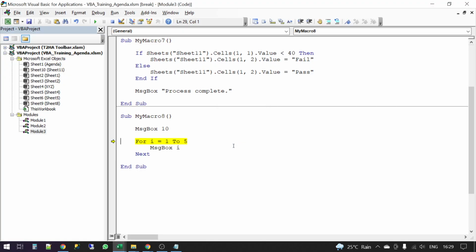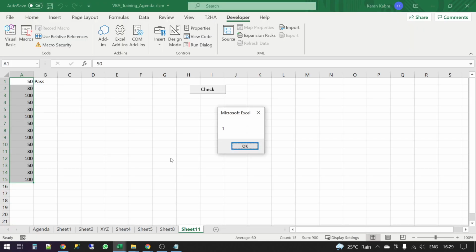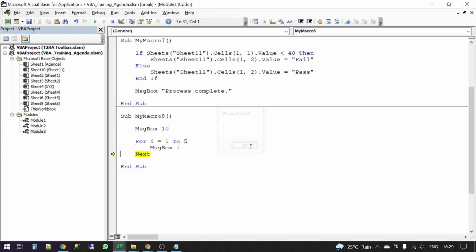For i equal to 1 to 5, F8. What is the value of i the first time the loop is running? 1. Perfect. So F8, 1. It has gone to Next. It will go back up to the For line. So now this will assign the value of 2. Perfect. So now i is 2.